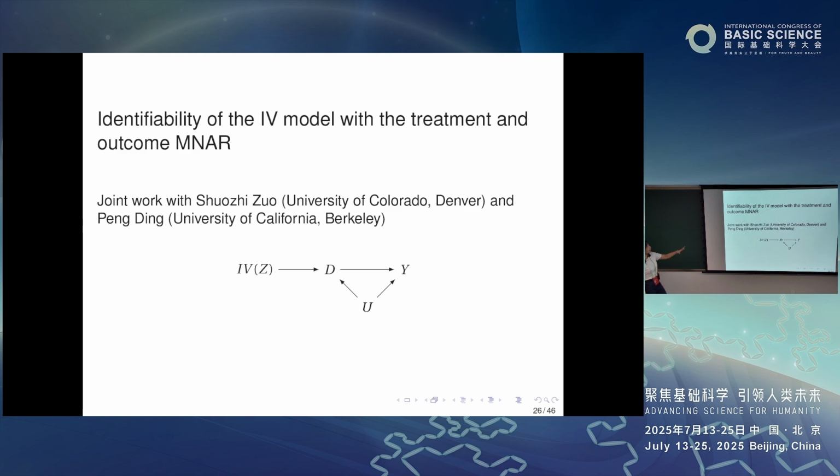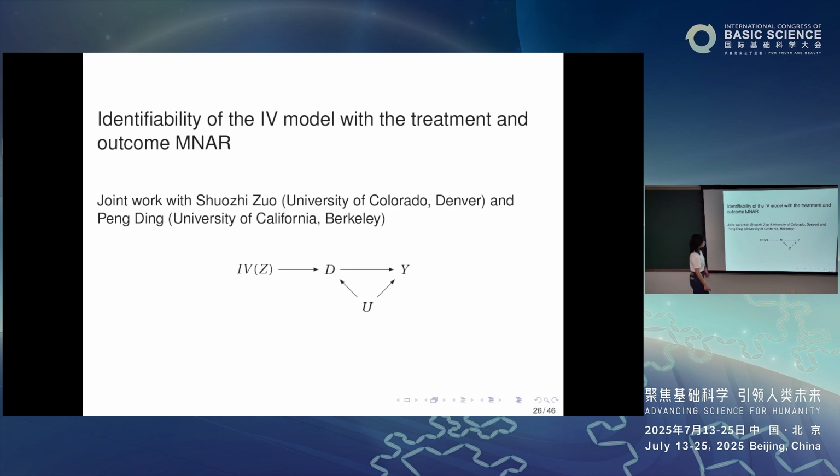What I did in this paper is that I try to explore, because there could be many key variables that are missing, such as the treatment and outcome. For example, let's say the outcome is income. Perhaps subjects with higher income may be less likely willing to report. So Y may have a direct impact on whether Y is missing. The unobserved value has an impact on the probability that it's missing. So that causes missing not at random.